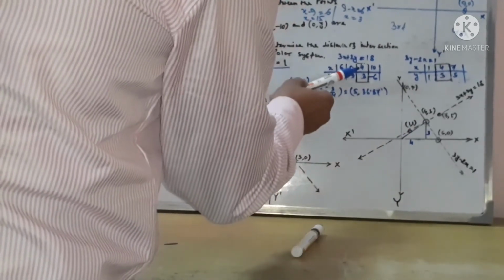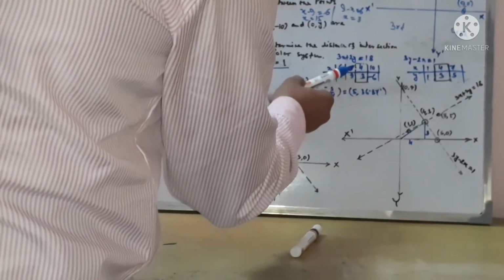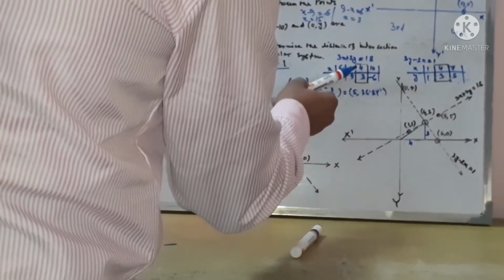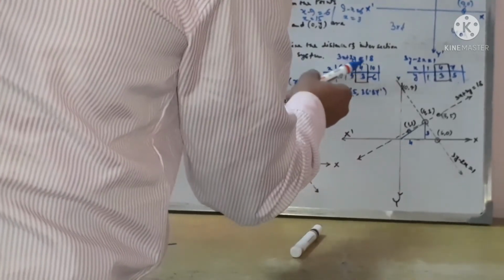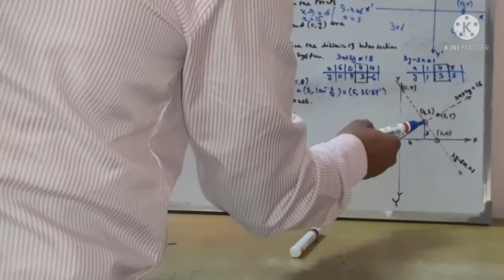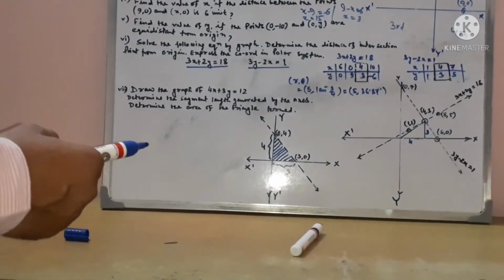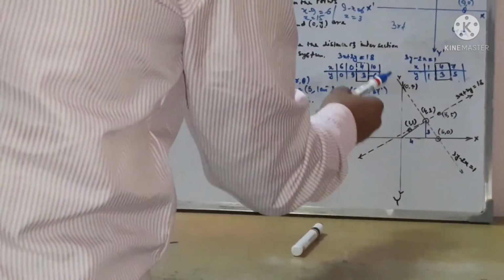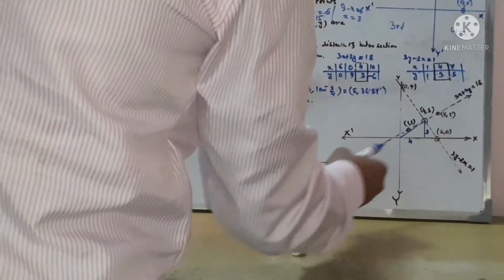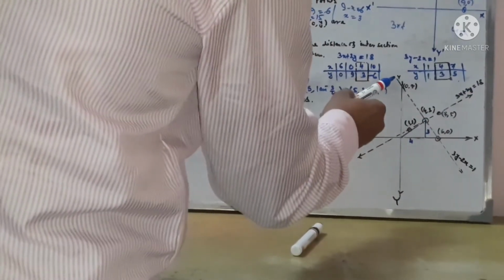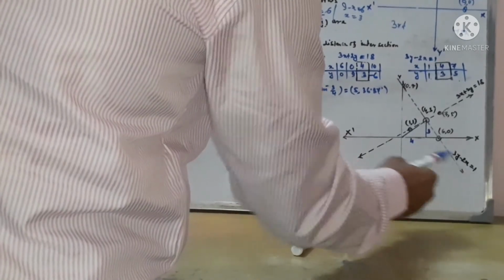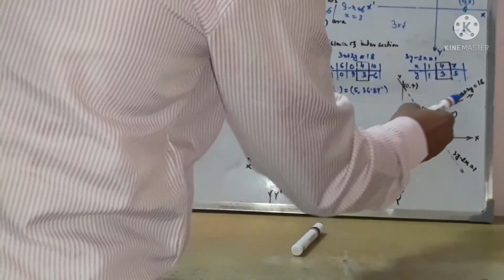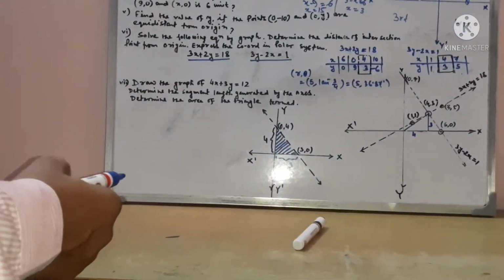So it is evident that the point 4, 3, that means abscissa 4 and y coordinate 3, is coming in both sets of points, that is this one. So this 4, 3 is the solution of the equations. That means this point 4, 3 will satisfy both equations and will be situated on both lines. That means 4, 3 will be situated on the line 3y minus 2x equal to 1, and it will also be situated on the line 3x plus 2y equal to 18. That is the cut point, the intersection point of the lines, that is 4, 3.